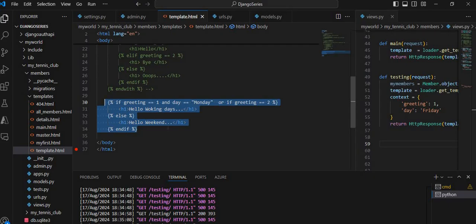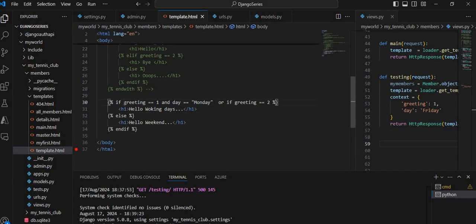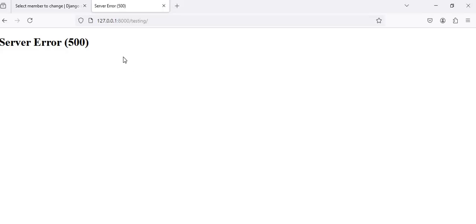So we have to change this and remove the parentheses. Let me save this, and if I refresh my browser window,